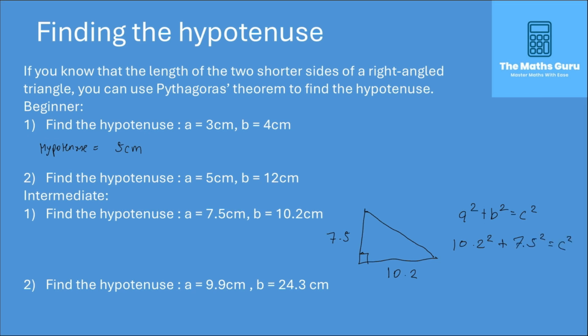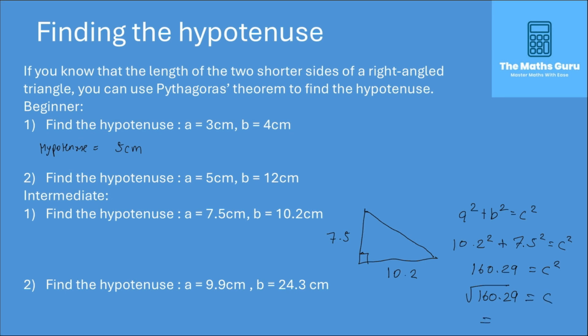And notice how these are just interchangeable because we're just adding. I've written 10.2 as B and just put B squared in front. It doesn't really matter which way you do that. So 10.2 squared add 7.5 squared is equal to 160.29, which is equal to C squared. Square root, if I was to do this to obtain C,